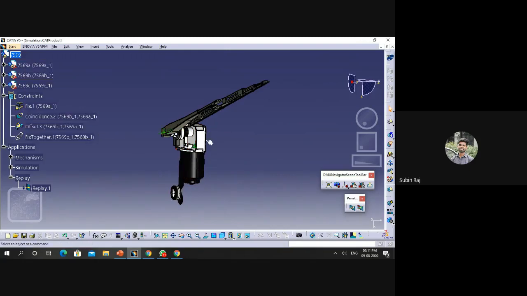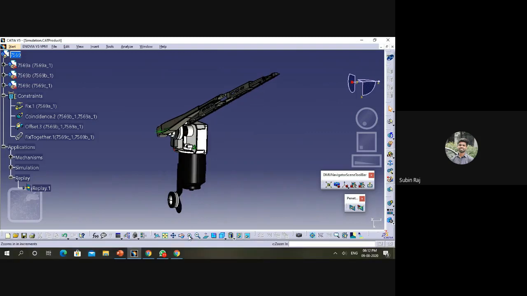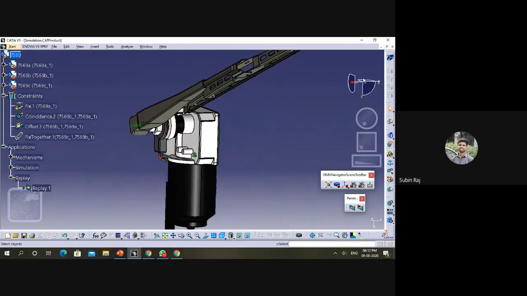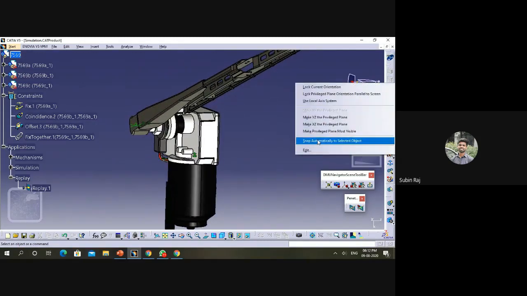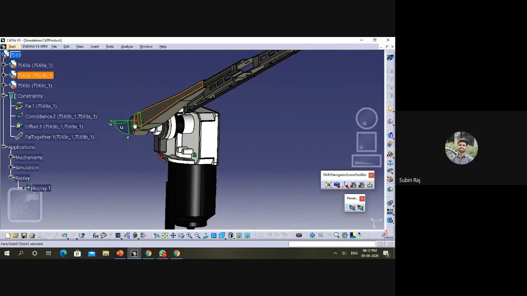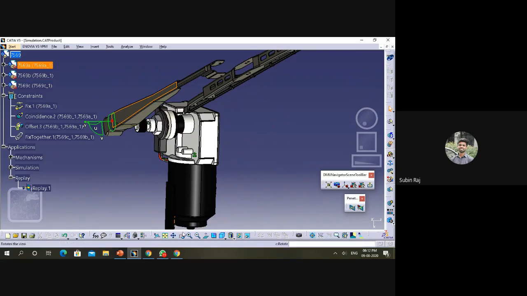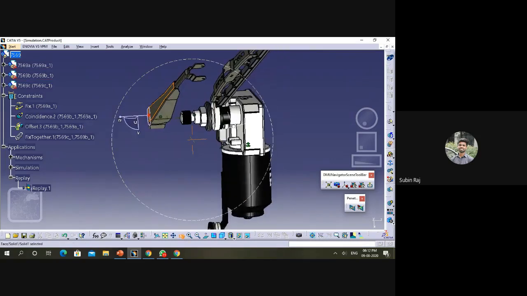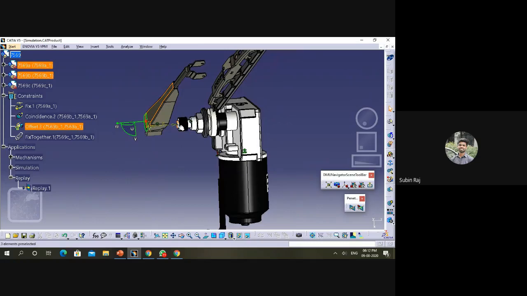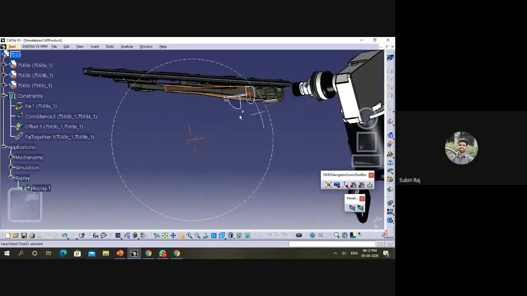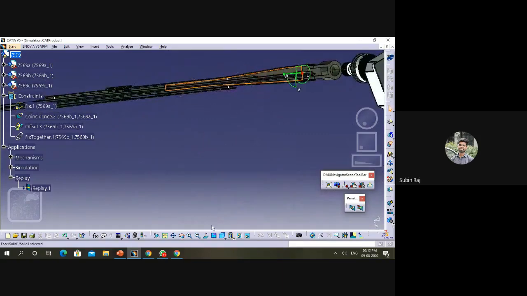After that, this blade and this rotating component of the motor, I gave a coincident constraint, and then after that, one second.